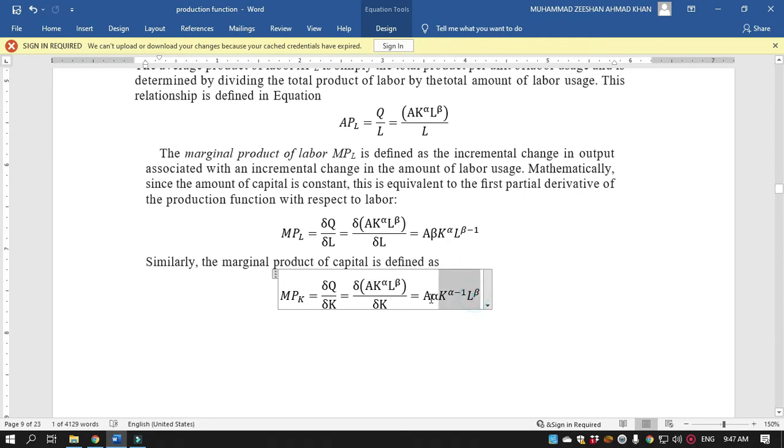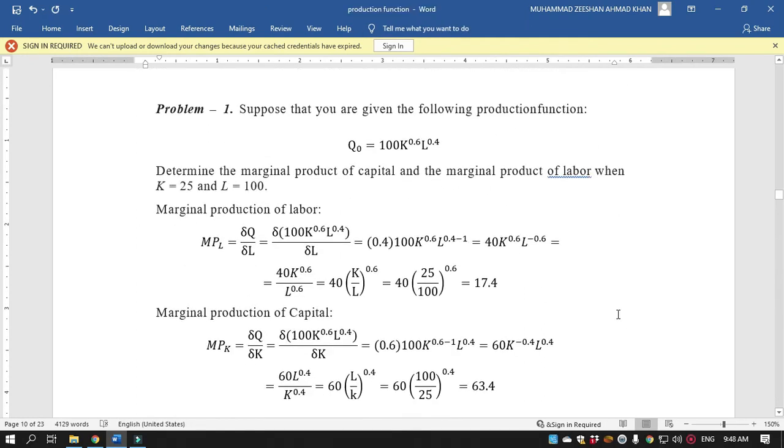So that term defines the marginal product for capital. Here you can see a simple example of calculating the average production and marginal production as problem 1, where suppose we have the following production function, the same Cobb-Douglas production function, but now the constants